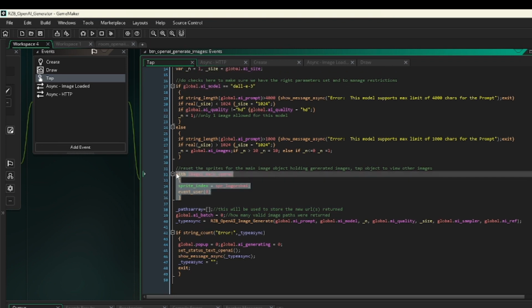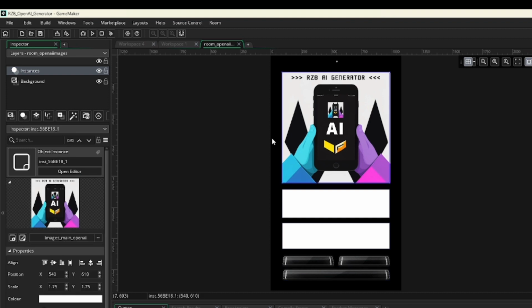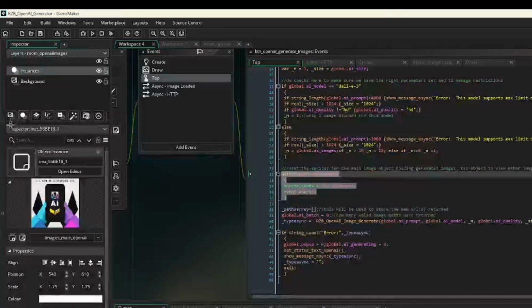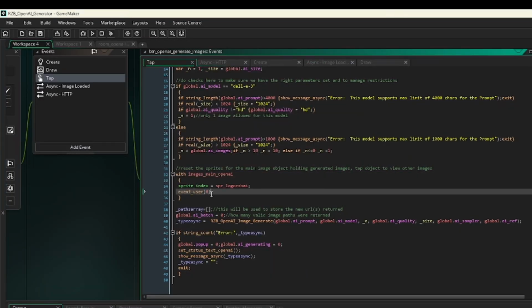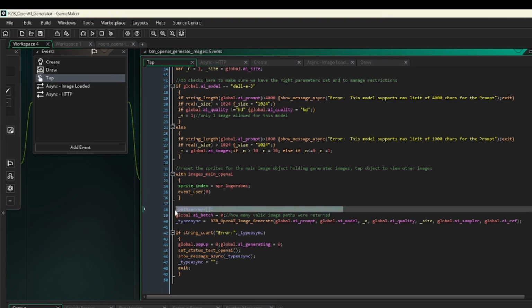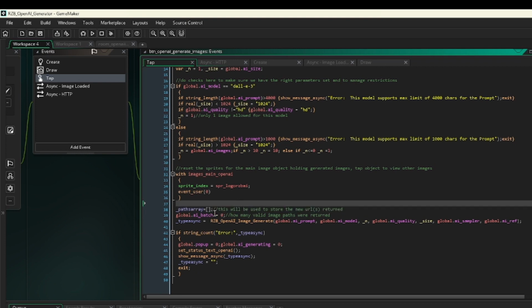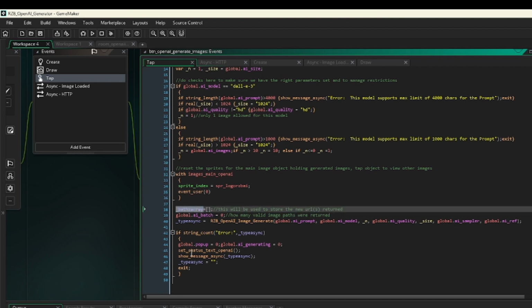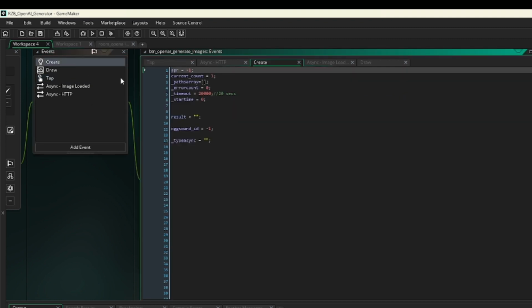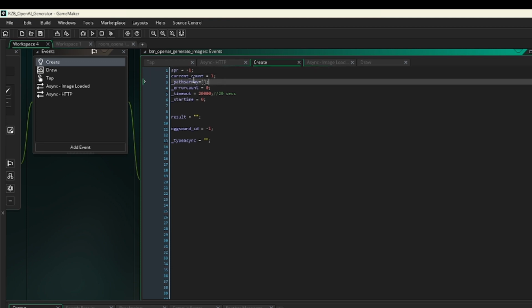Here we're just clearing the image, which is going to hold your generated image. So we're going to reset it here. Now with OpenAI generation, you've got the option of generating, I think it's up to 10 images. So here we're just going to have a path array. Now this is a local variable. If we set here,